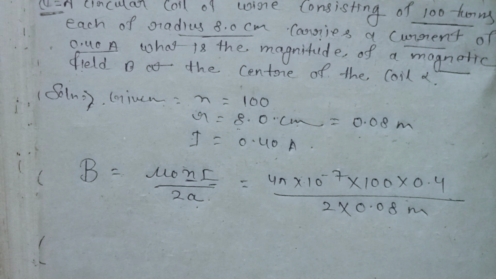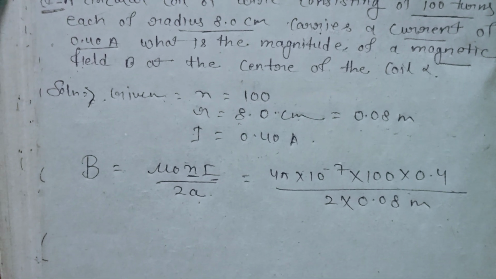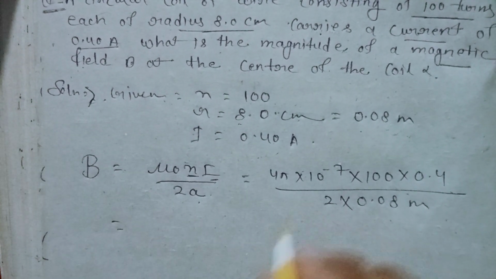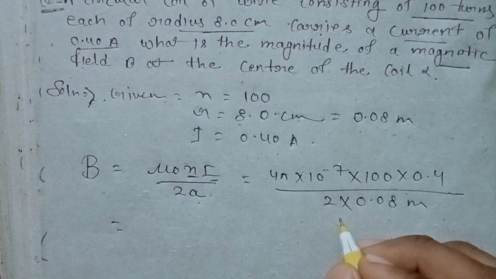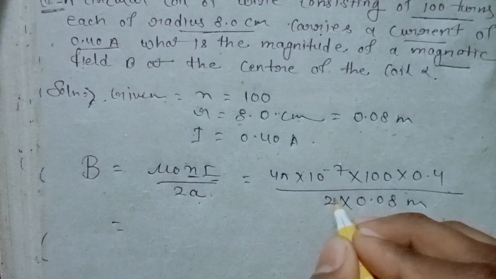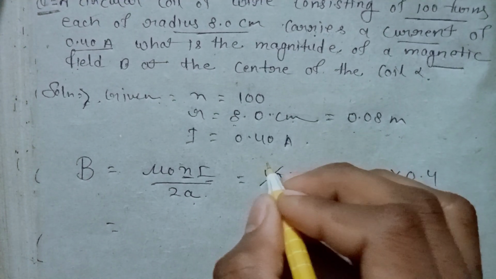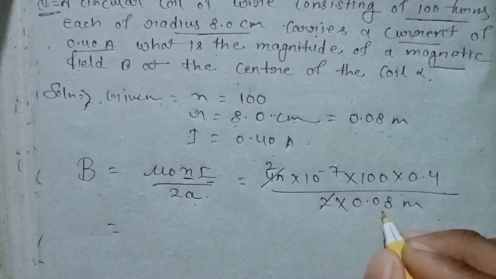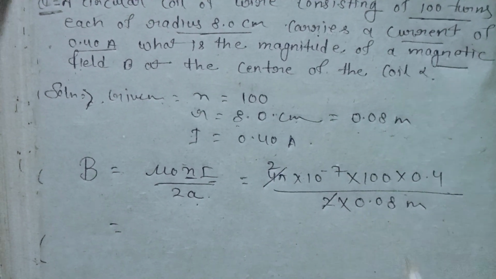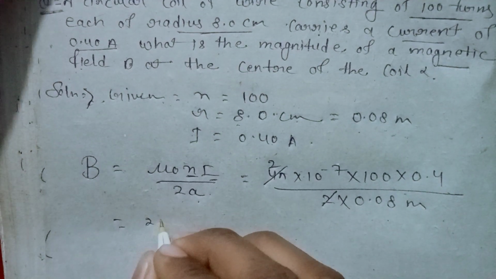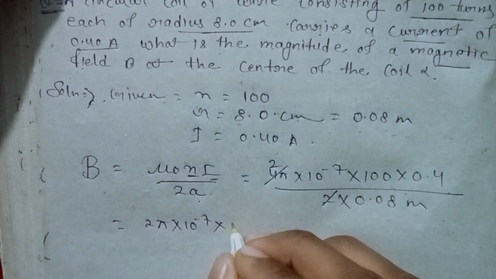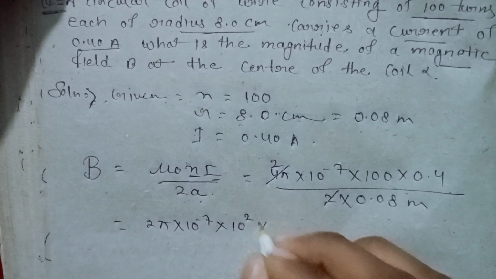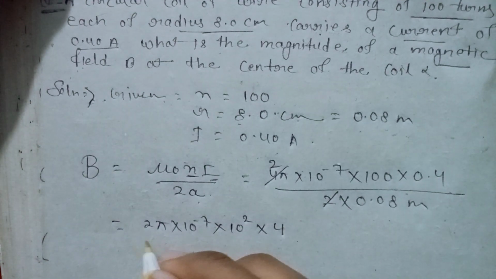That's all. Now the next step is our calculation, how we are able to calculate it. If our calculation is fast, we can easily calculate any numerical. So make your calculation fast. Now here we are going to calculate it. We focus on the numbers which can be calculated easily, like 2 times 2 is 4, and now we change the decimal into a number like that: 2 pi into 10 to the power 7, and 100 can also be written as 10 squared, and 0.4 can be written as 4 by